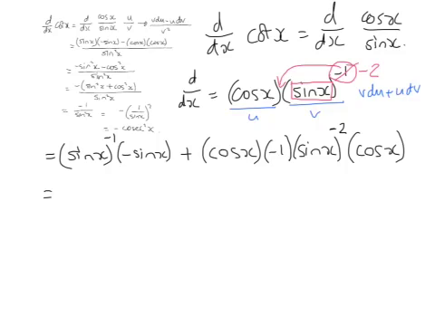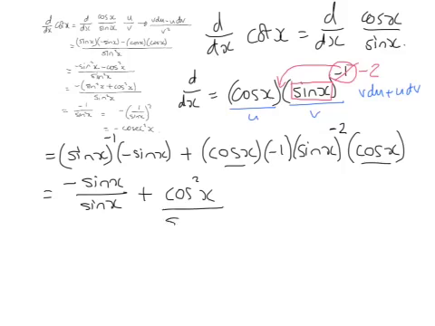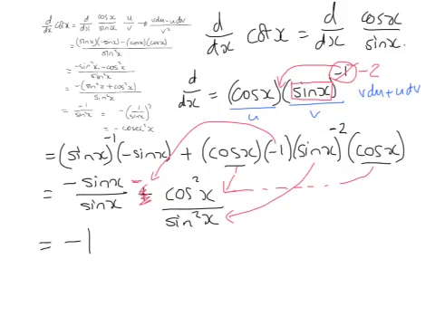Okay, let's have a look what we've got. We've got minus sine x over sine x. We've got plus, this is not looking good, cos squared x, that's that one and that one, over sine squared x. Oh no, I think this is going to be okay. For a minute there I thought I'd gone wrong, but I don't think I have. There's my sine squared x underneath, and there's one of my cos x's, and there's the other cos x. Oh, I've forgotten my minus. That's a minus. There, I think that's right. Okay, we've got minus 1 minus,